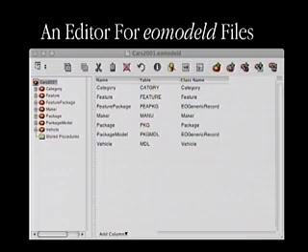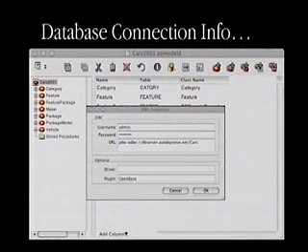So this is one that's kind of finished for a cars database that you might have. And hidden inside this EO model is a lot of useful information that you've set up. There's database connection information that tells you the particular database that you want to talk to. In this case, we're talking to